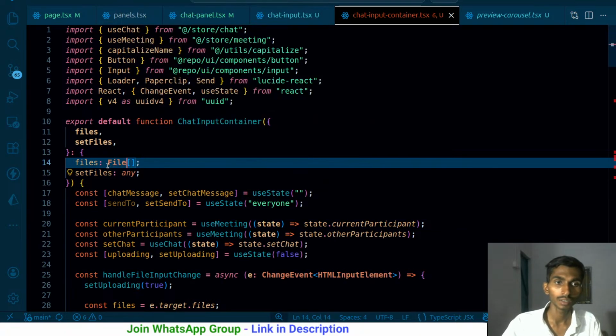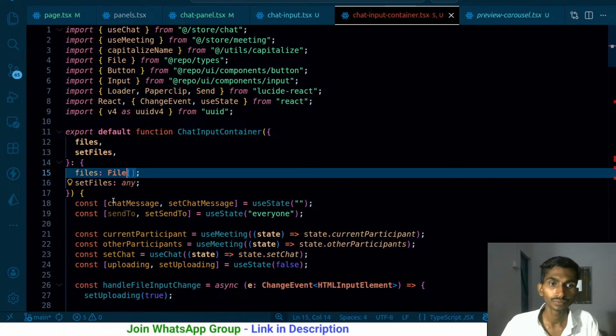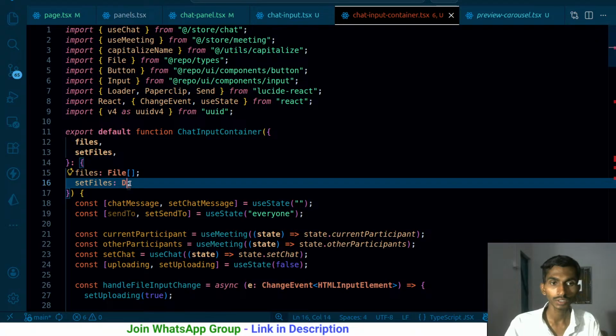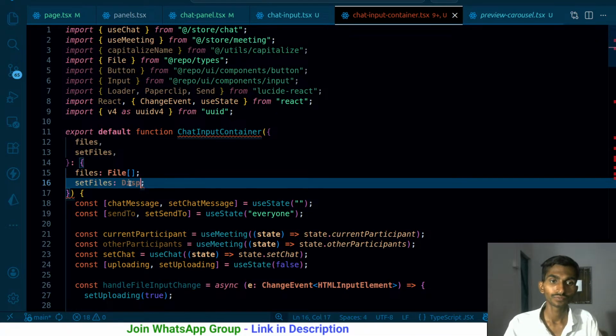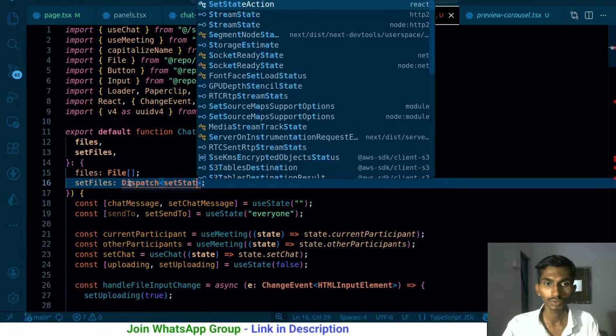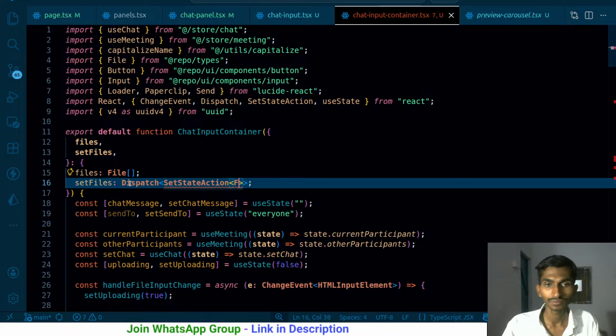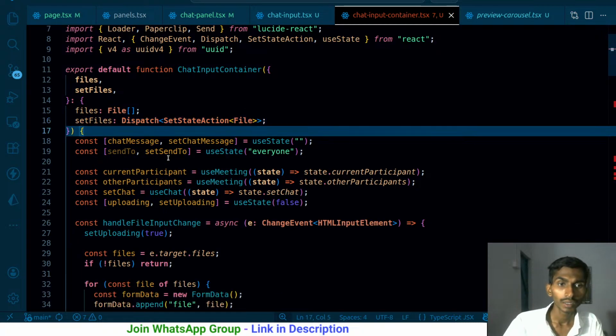So file, this needs to be imported from repo types, and the type of this is gonna be Dispatch, SetStateAction, and the type is gonna be File here. That should be sort of fine. Set files just simply does that. And apart from this particular thing,